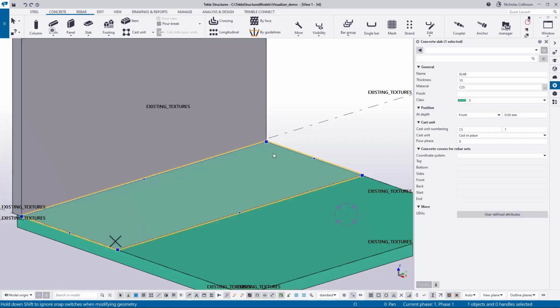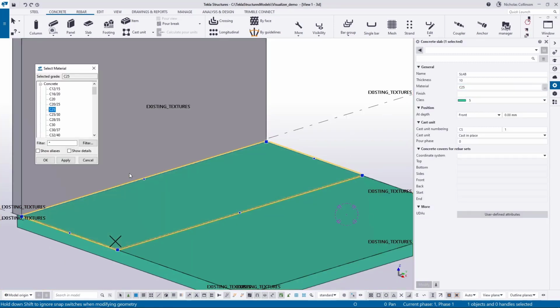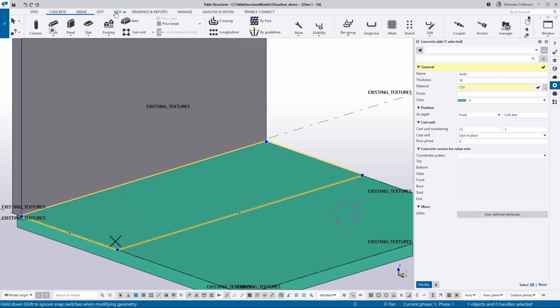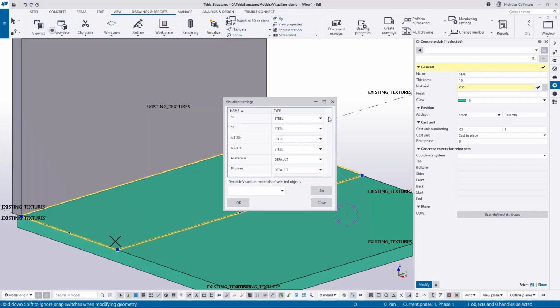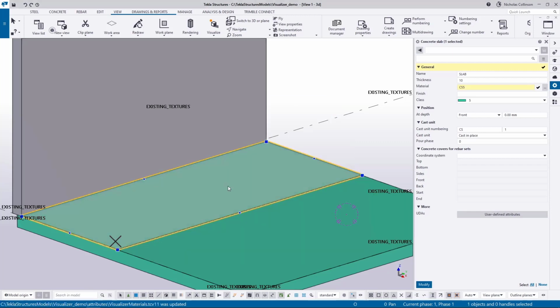So again, we'll just differentiate the material, so we'll go for C55 this time, and again we'll change the C55 material to grass. So set that, OK, no, pick these three items,